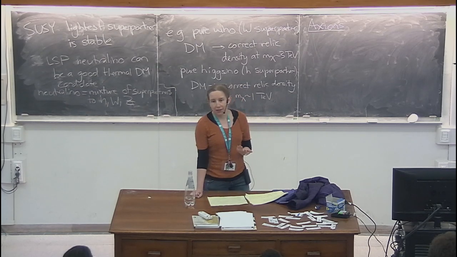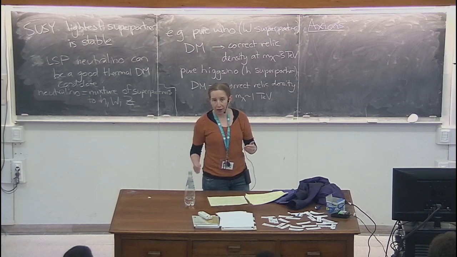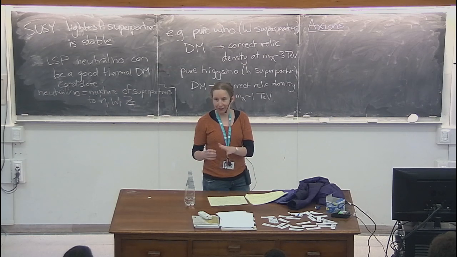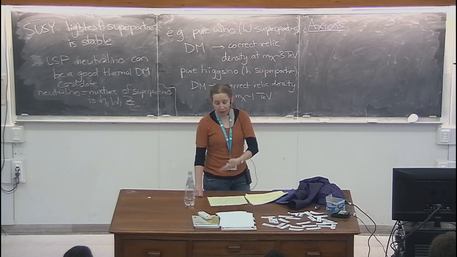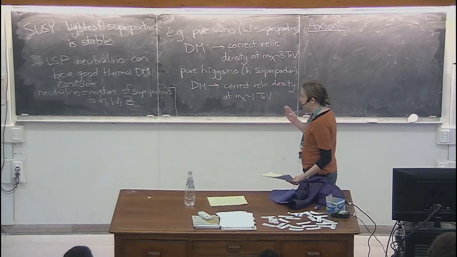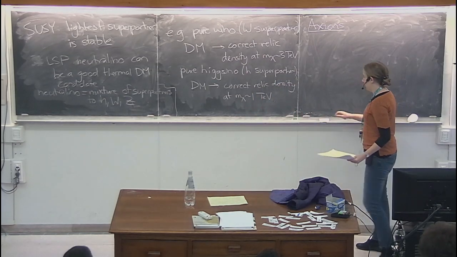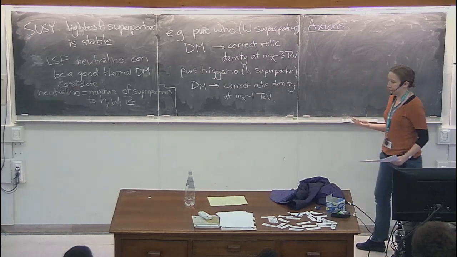You can have scenarios like freeze-in, where the dark matter and the standard model never quite get to thermal equilibrium, but they approach it over cosmic time. Then again, it's an interaction between the standard model and the dark matter that determines how much dark matter you have, but in the sense that as you turn up the interaction, more dark matter gets produced, as opposed to this case, where as you turn up the interaction, the dark matter gets depleted. So there are a lot of variations on this story. What I've given you is the simple picture from which these modified scenarios tend to build off.